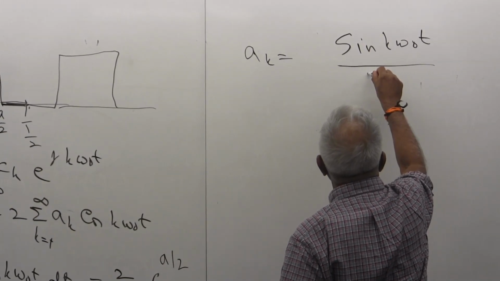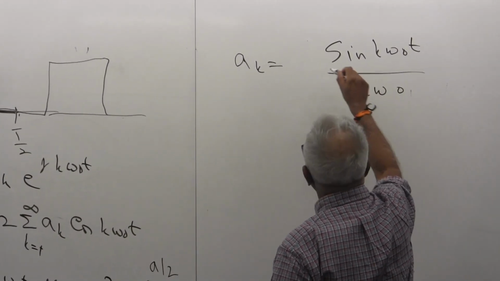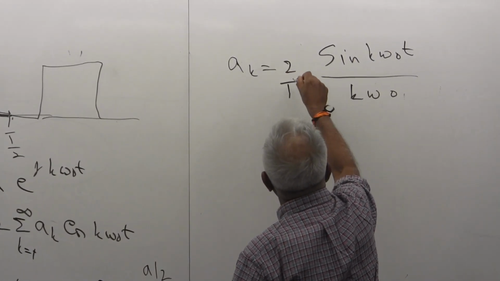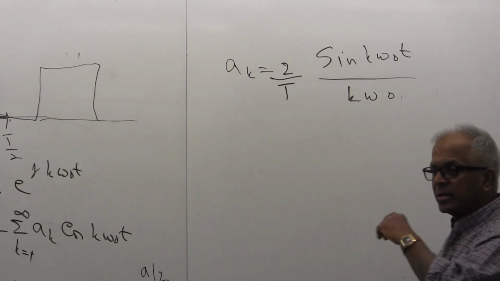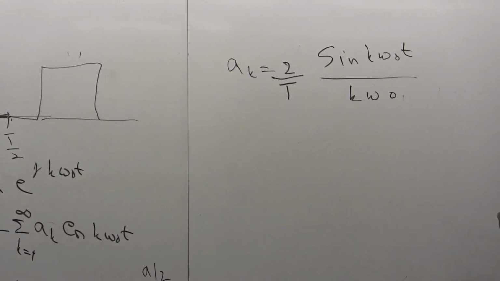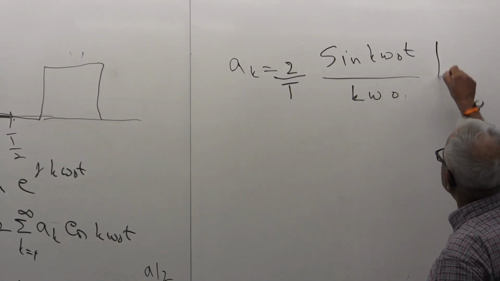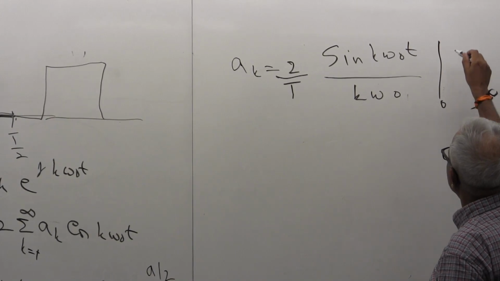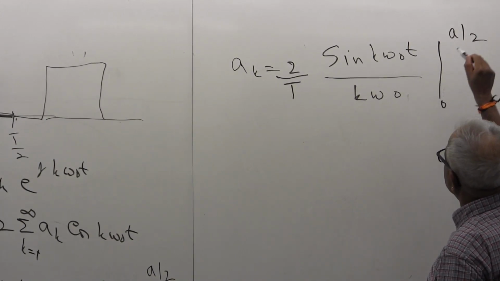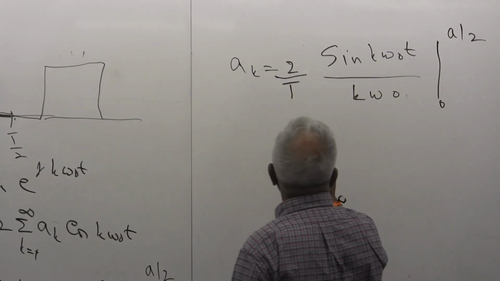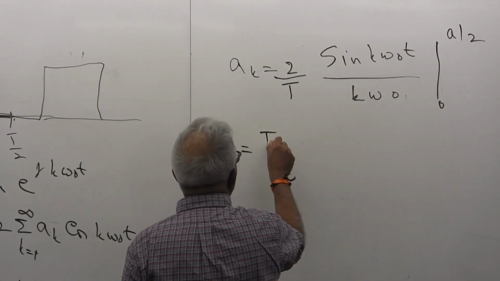Divided by 2 over t. Yeah, you're right, I confused you. It should be 0 to a by 2. This is right? Evaluated from 0 to a over 2. So this is 2